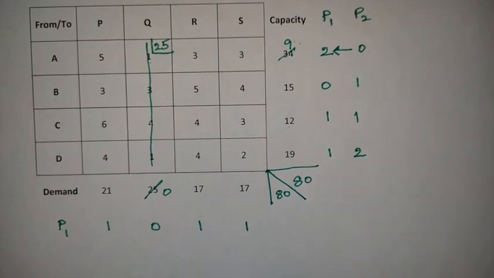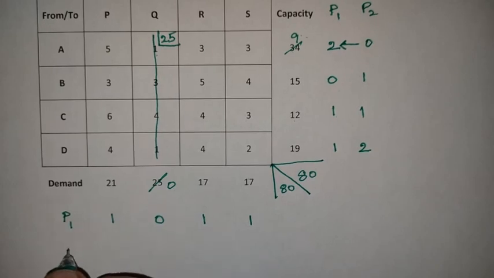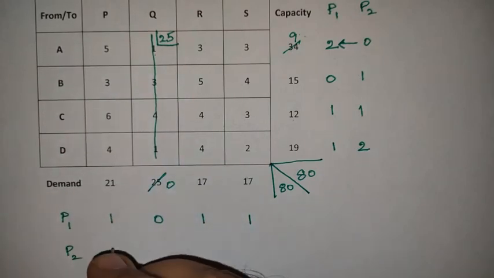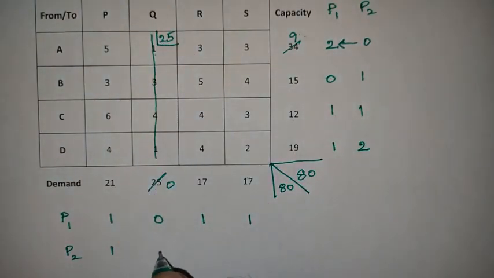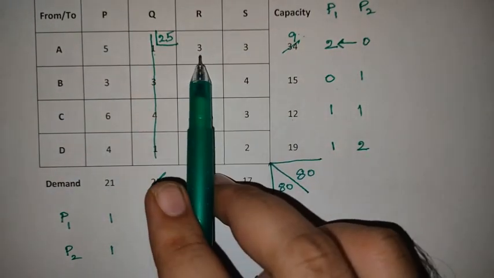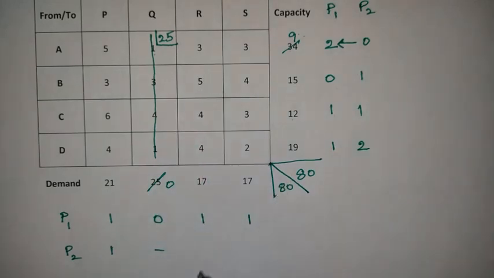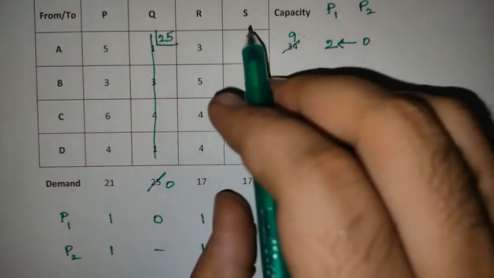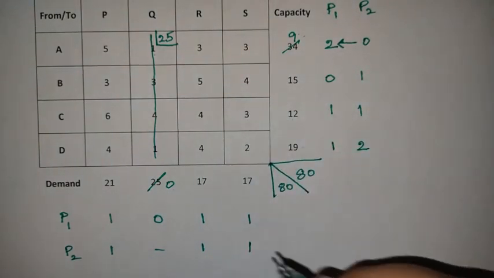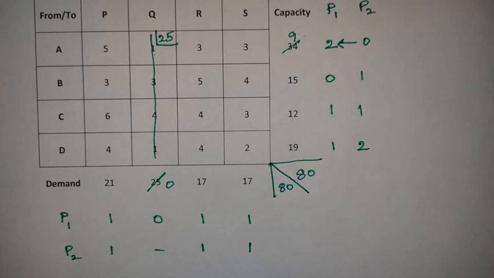Next, similarly, let us find the second iteration of the column penalties. So here the first two minimal values are 3 4, so penalty is 1. So here row Q is not there, so hyphen. Next, for column R, the minimal values are 3 4, so difference is 1. Next, for column S, the first two minimal values are 2 3, so penalty is 1. Now how many penalties we have calculated? 7. 1 2 3 4 5 6 7.